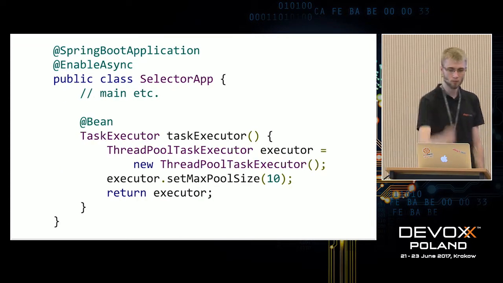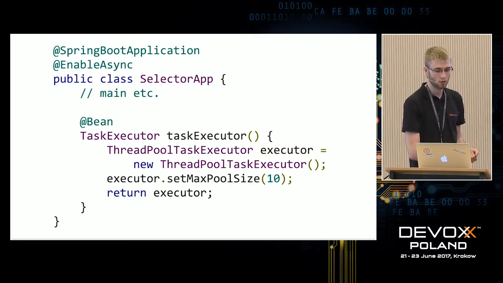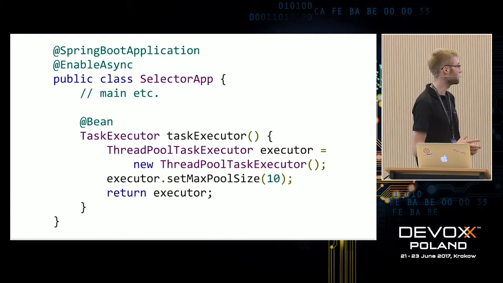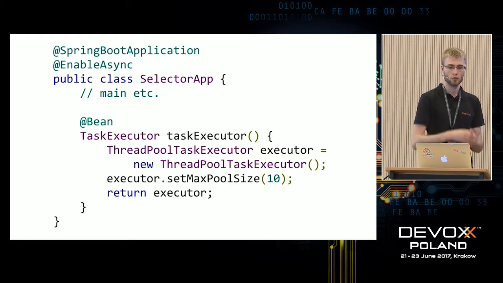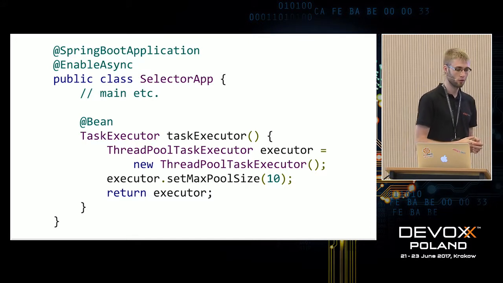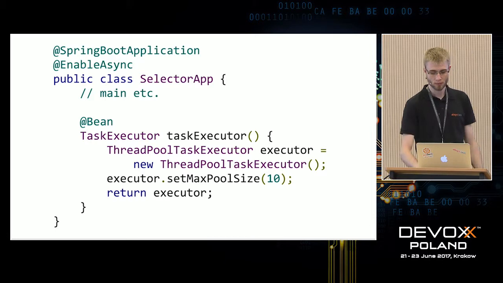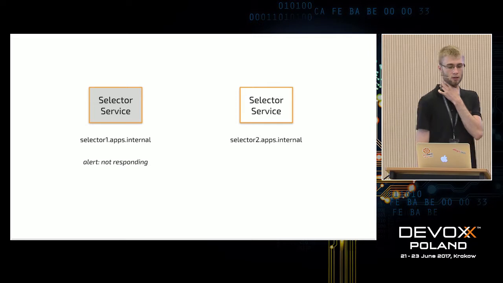Have an implementation based on thread pools: a thread pool task executor with a pool size of 10. So let's say we have 10 threads that are going to process our offers. Since we have it in our context, all our async annotated methods are going to be executed on this task executor. So again, we run smoothly in production for weeks, and suddenly, again, our instance is not